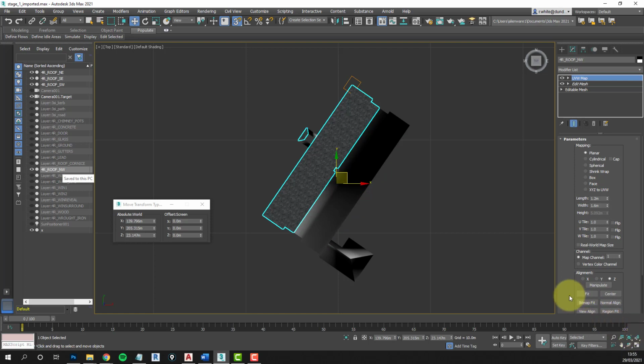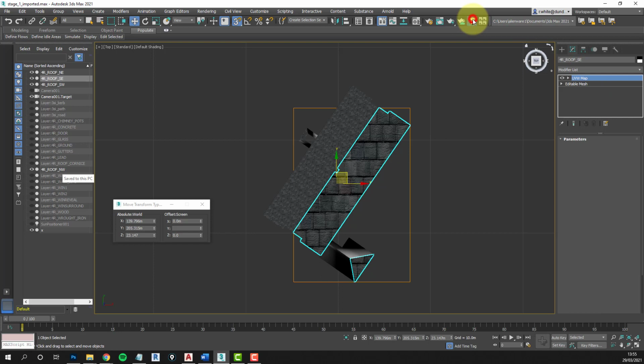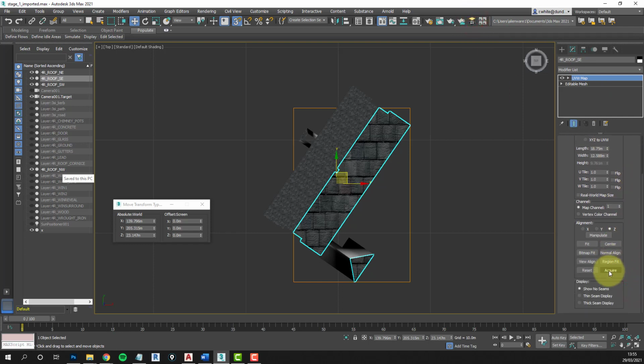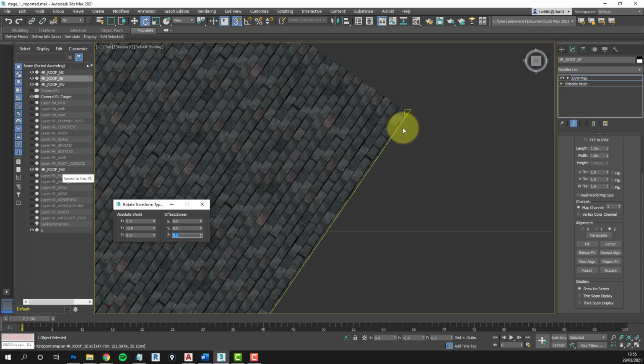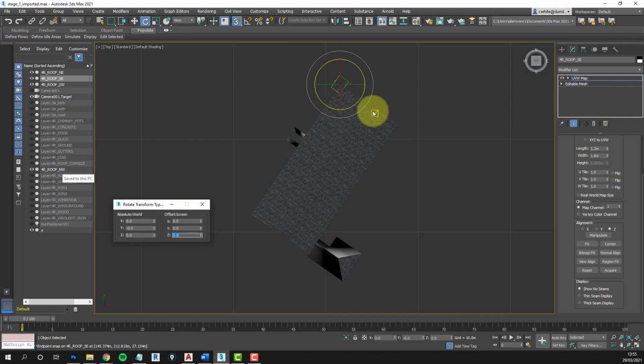Okay, now what I'm going to do is just quickly do this, and then we'll stop because we need to let in other people that are in the other groups. So we want to map this object now, but we can steal the mapping, we can acquire the mapping from the bit that's already done. Acquire absolute. Okay, modify the map. We want to rotate it by 180 and then move it to this corner, because you can see there's a partial tile there at the moment. So if we move it now and snap it onto that corner,